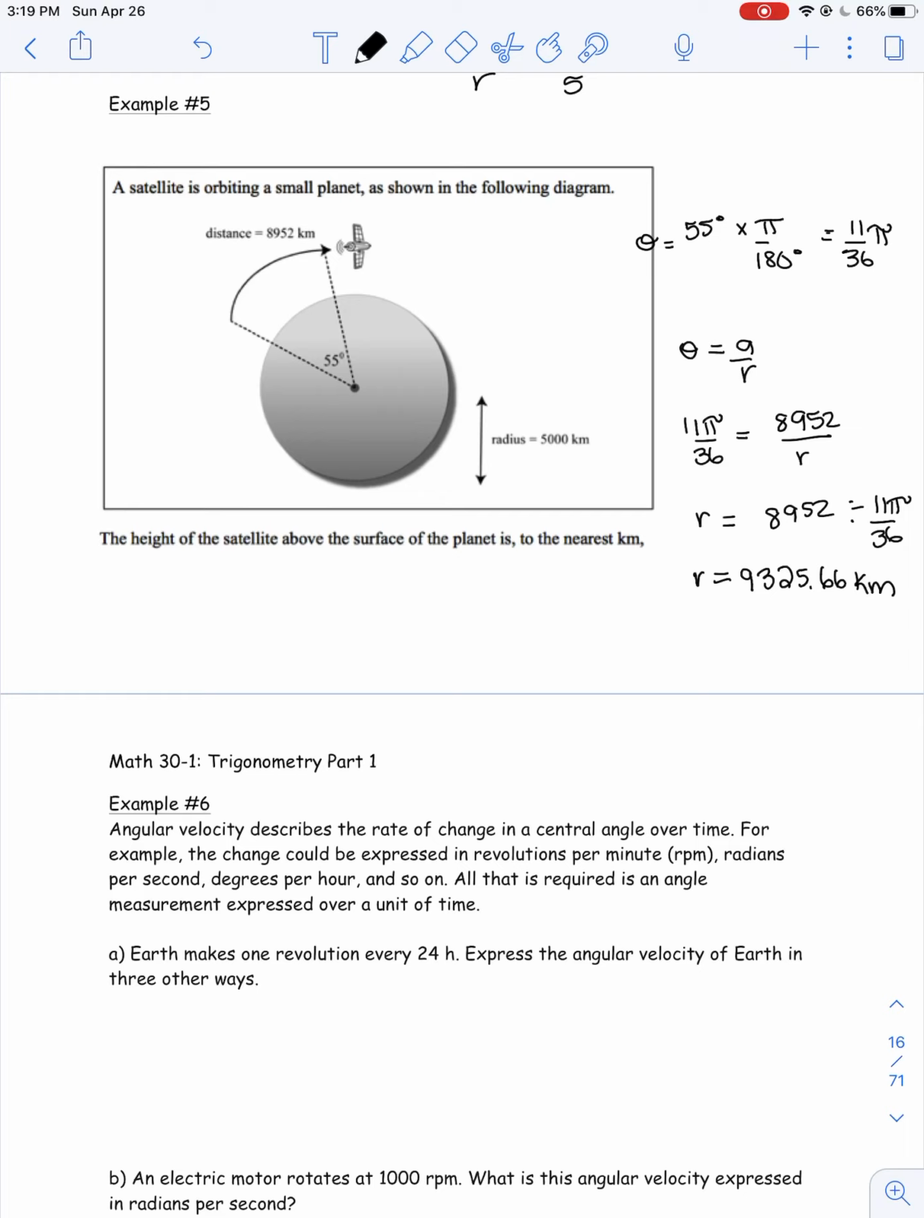Now the height of the satellite above the surface of the planet is to the nearest kilometer. What we're trying to find, since the full radius equals 5,000 kilometers, we subtract the radius of the circle that we just found to find the height of the satellite above the surface. So we still need to take our r value and subtract 5,000 kilometers. Okay, so we're going to take 9,325.66 and subtract 5,000, and the height of the satellite above the surface, when you subtract the two values,